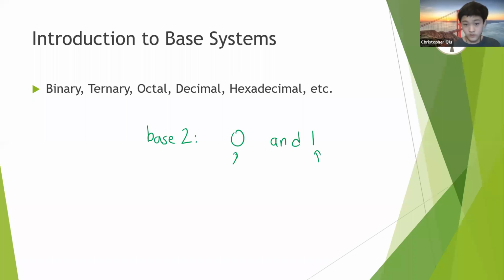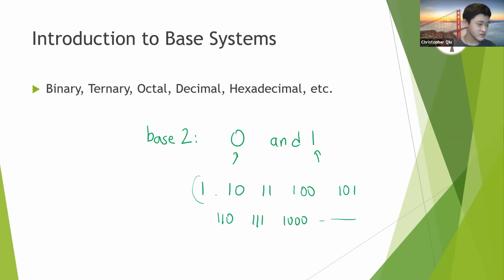In this base system, we can write all numbers as a combination of zeros and ones. So for example, if we wanted to write 1, we would just write 1. If we wanted to write 2, we would have 10. Next we'll have 11, and then 100, 101, 110, 111, 1000, and so